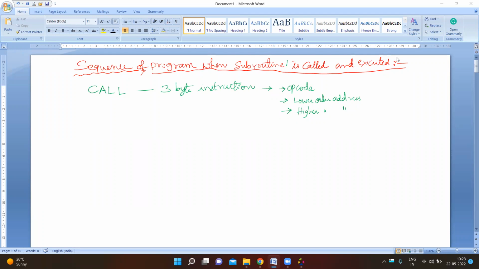Now, the sequence of the program when a subroutine is called and executed. So first, see how the sequence is. Here in the main program we are going to write this call instruction. Whenever the call instruction is executed, it will shift to some other memory location. The sequence of program execution is shifted to another memory location where some routines will be written. So here, first, when the call instruction is executed,